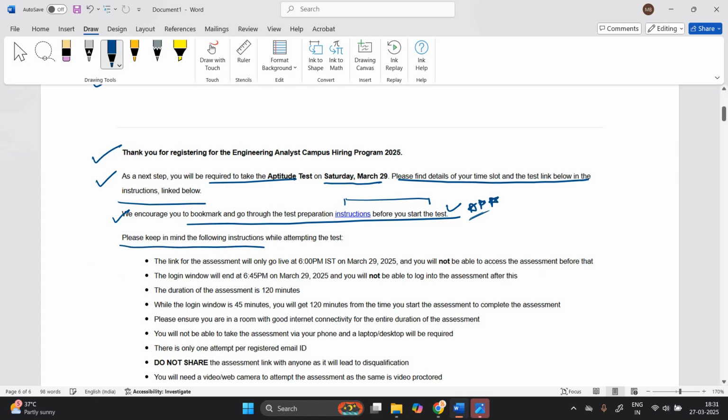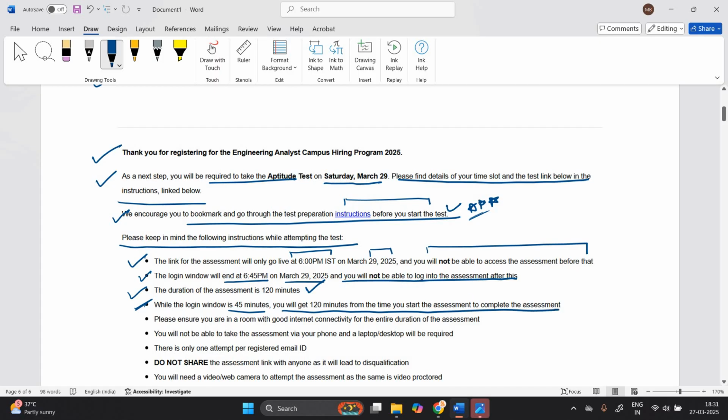Please keep in mind the following instructions while attempting the test. The link for the assessment will go live from 6 p.m. on 29 March and you will not be able to access the assessment before that. The login window will end at 6:45 p.m. on March 29 and you will not be able to log in after this. The duration of the assessment is 120 minutes. While the login window is 45 minutes, you will get 120 minutes from the time you start the assessment